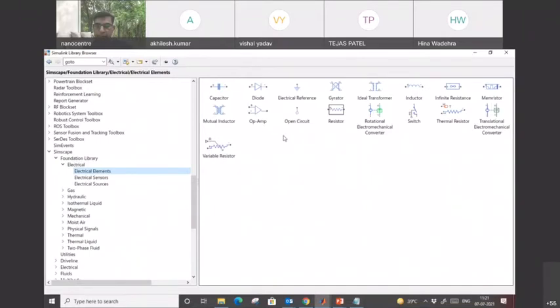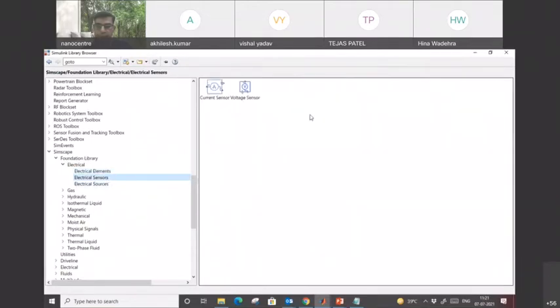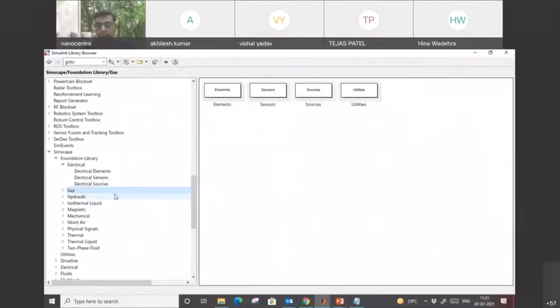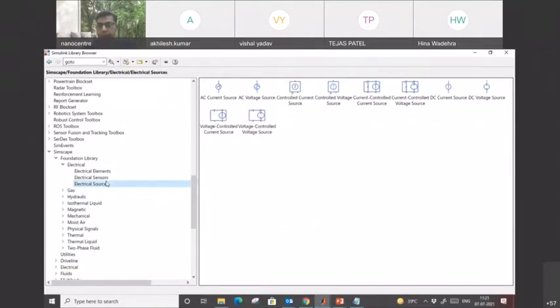These are bidirectional, whereas Simulink models are unidirectional, but it works on top of Simulink. Okay, so these are the libraries available. Same for sensors. If you want to measure something, sources are available. Okay, if you have any questions, you can write in the Q&A. At the end of the session, we will discuss the questions. Okay. And the good thing is that you can interface from one domain to another domain.